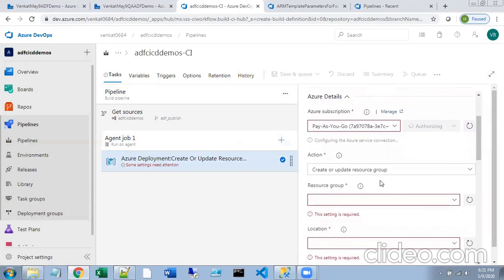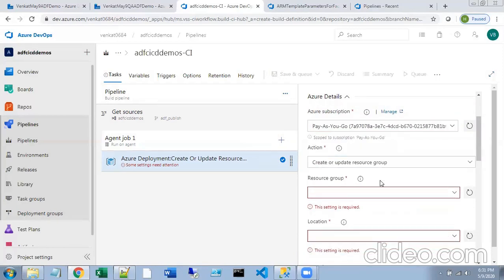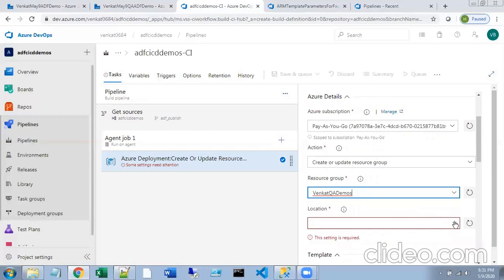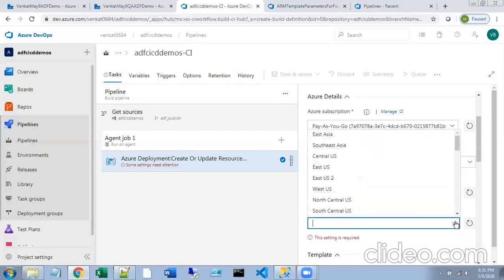Here the action you are going to do is create or update the resource group. And yeah, the authorization has completed. The resource group you have to mention here is the target environment. Here the target environment is the QA environment, so I'm selecting the QA resource group. You can mention any name here.